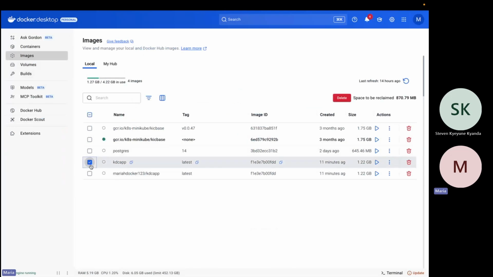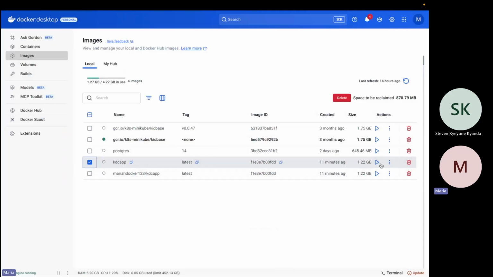This is the image. It can still be managed on the Docker Desktop. You can just click run to run the image without having to use the CLI. You can delete the image without using the CLI.